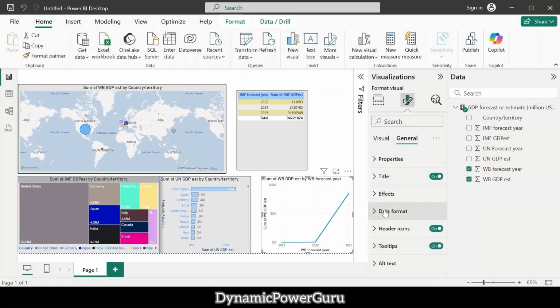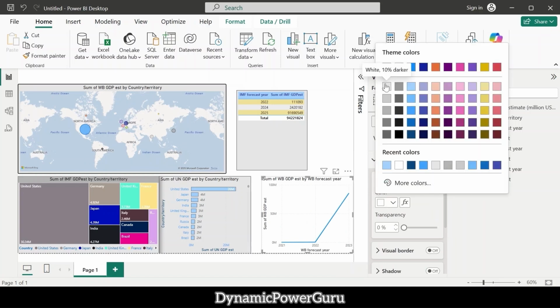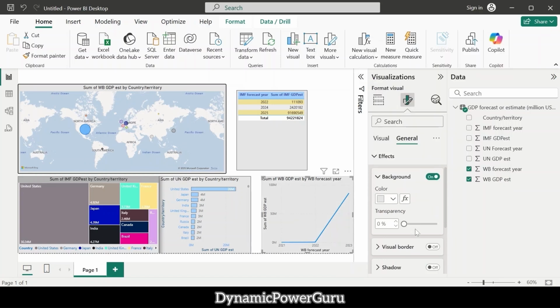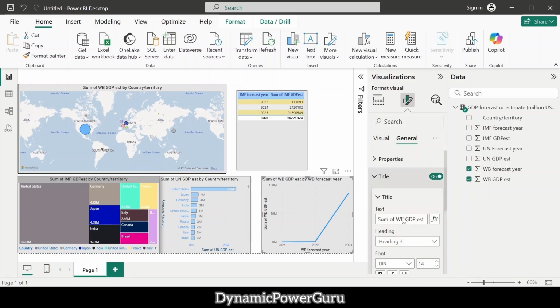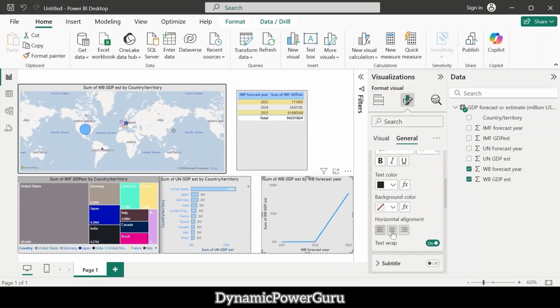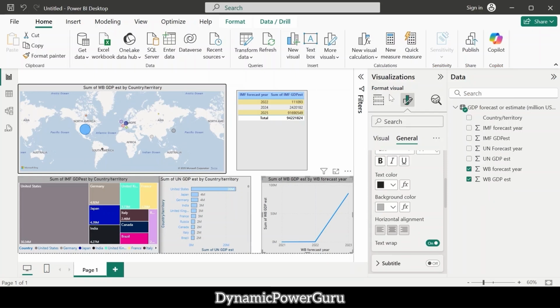Let's add the background color first. Go to the general, go to the effects, and let's add a gray color. Okay, and here you can add the visual border, and for title let's select it as center alignment. And let's also add the background color to a bit dark gray. Okay,